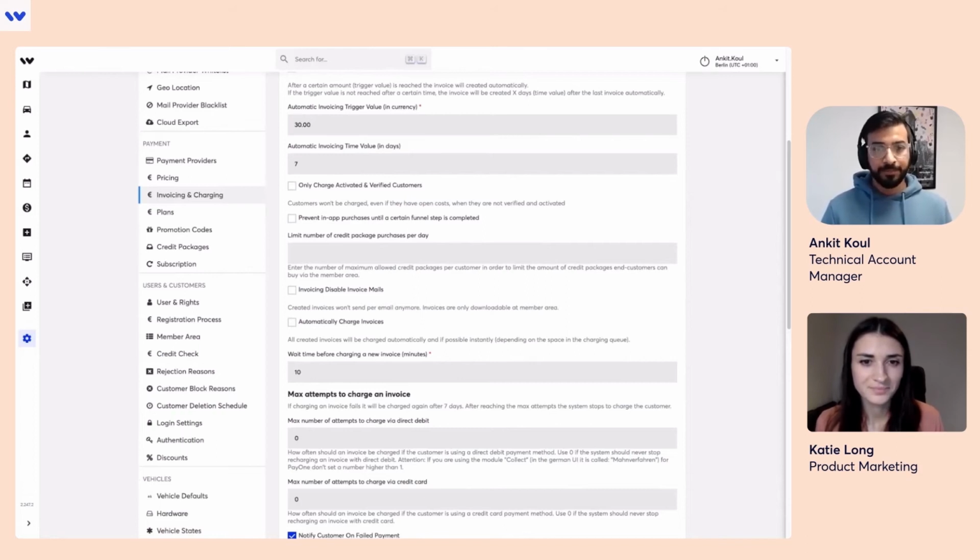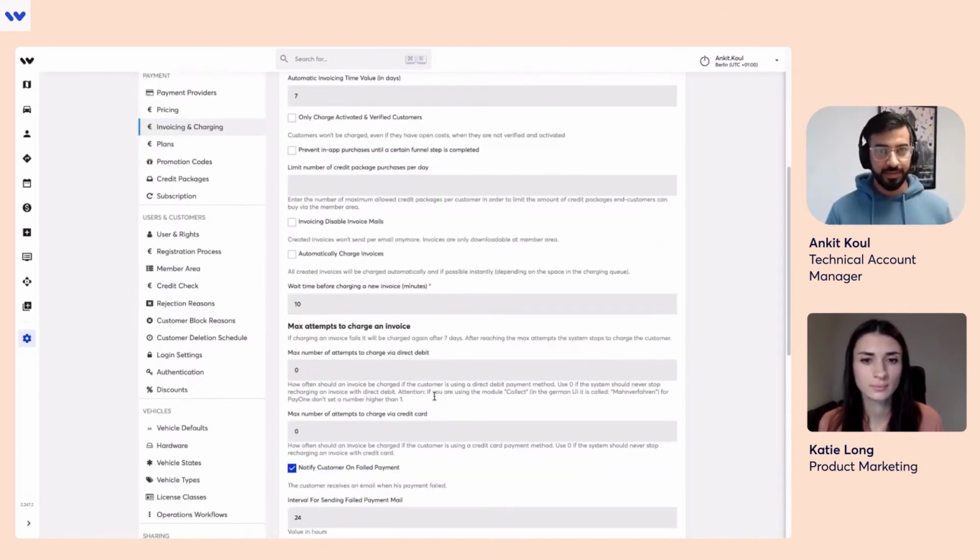Now, the last part of it is what should happen if the charge fails, right? Which happens in locations where vandalism is high. You have fraud customers, right? So operators can set up max attempts of charging an invoice based on the payment types, of course.